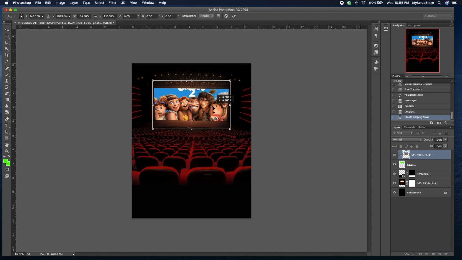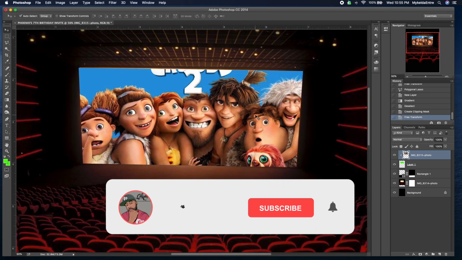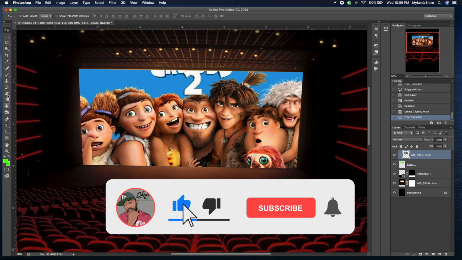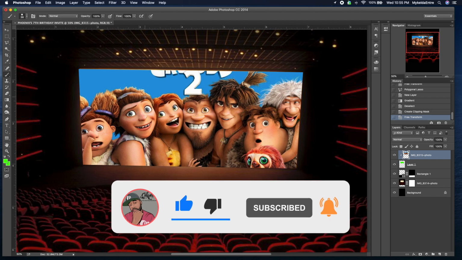I'm gonna have to get rid of that logo up top where it says the Crudes 2. So I'm gonna show you how I'm gonna do that. So I like the position of it. I like the way it looks. I just have to get rid of that 2. So first thing I'm gonna do